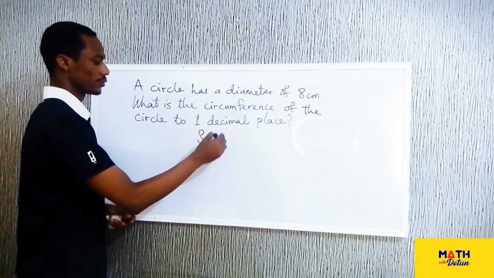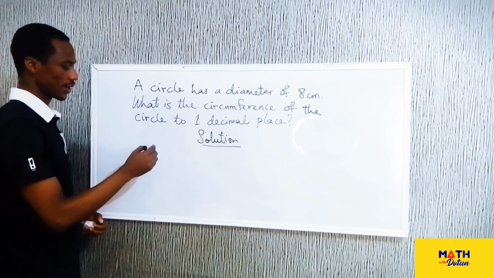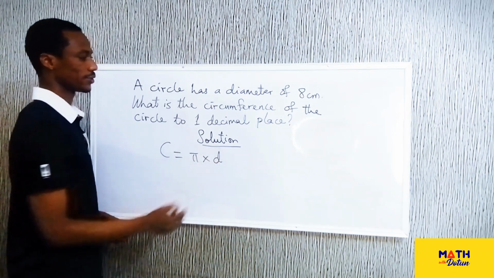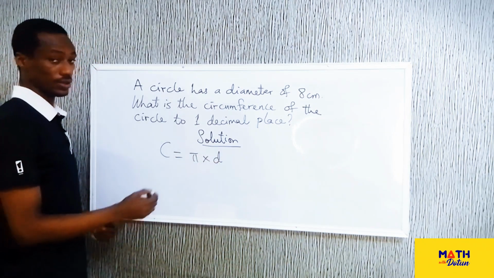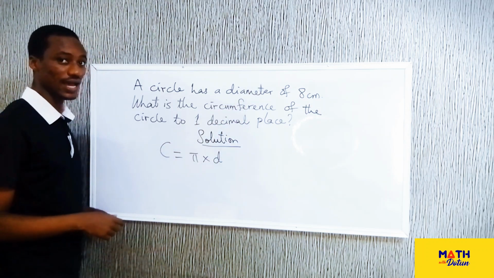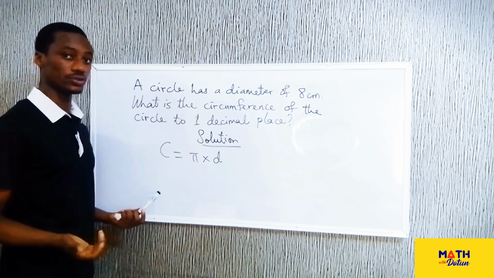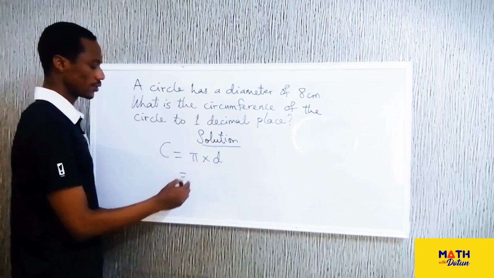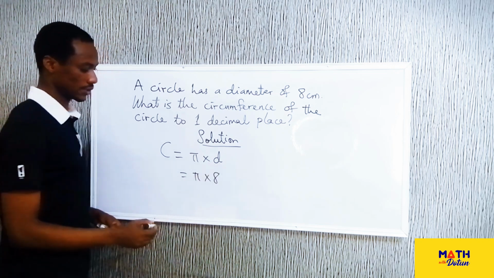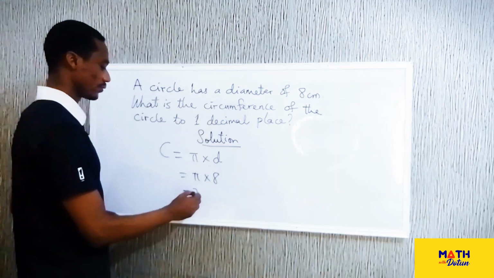The first thing is for us to take the formula, and we're given the diameter. So circumference equals pi times diameter. Since we are not given the value of pi here, and we don't have a multiple of 7 as our diameter or radius, we use our calculator. So we have pi times 8, and we check that on our calculator, and that will be